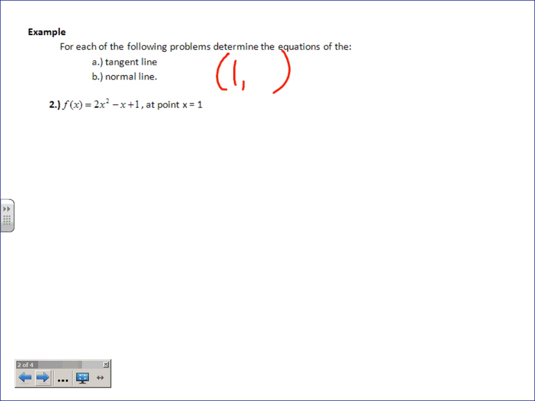1 comma something, correct? And you would figure it out by substituting it in for all x's, correct? So in other words, finding f of 1. And so you put 1 in there, and what do we find out? 2, right? Because it'd be 2 minus 1 plus 1. So (1, 2) is the point. Because I substituted 1 into the original, that's why it gave me a y value. Agreed? Well, now I have to go find f prime of x. But unfortunately, to find that derivative, it's the answer to a limit problem. And it's the answer of